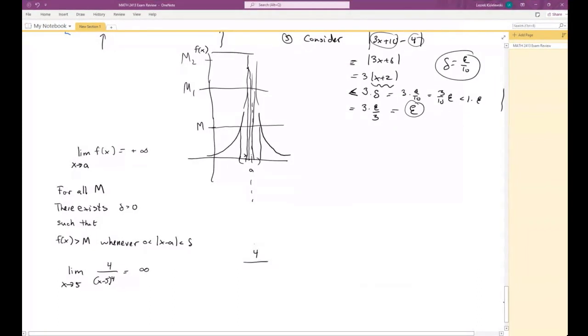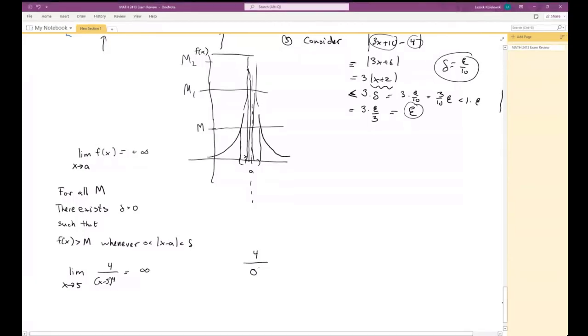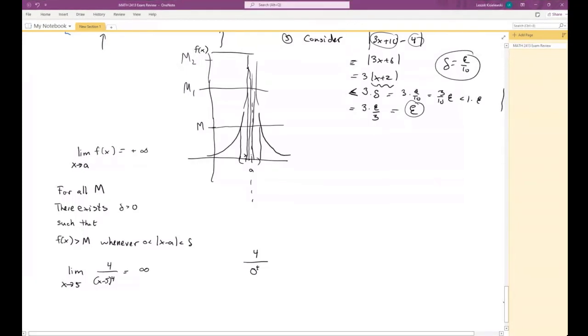As x goes to 5, x minus 5 goes to 0, and it doesn't matter from which side because we're taking this thing that approaches 0 and raising it to an even power. So that would be 4 over a positive 0, so to speak. So that's positive infinity,